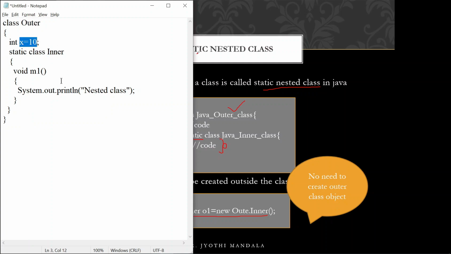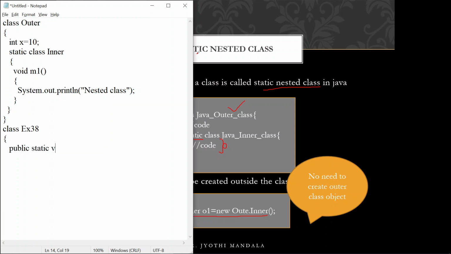This outer class is having one inner class, which is a static class, and we are having a normal variable. Now whenever you want to use any variables or methods inside an outer class, the normal approach we used to follow is to create an object of this outer class and use a dot operator, and then we can access. So to understand that one, let me create one class ex38. This is our 38th lecture, I think. Class ex38 has a main method.